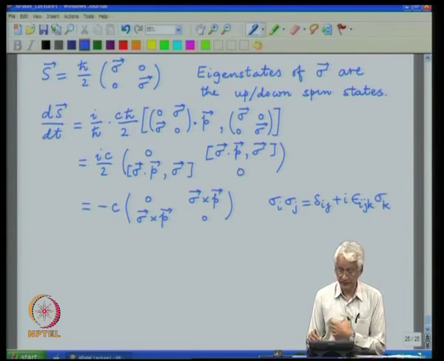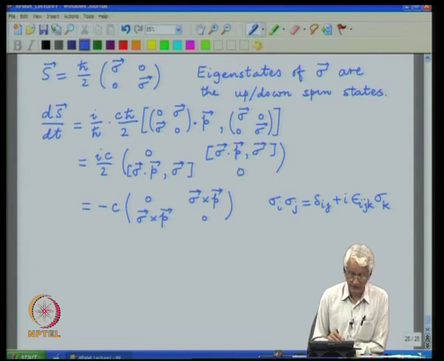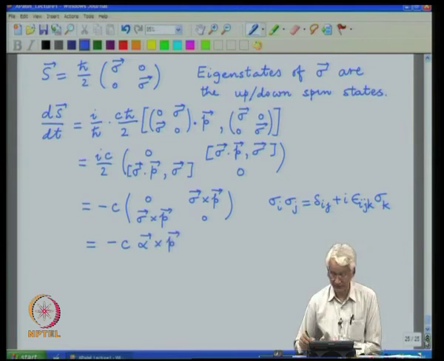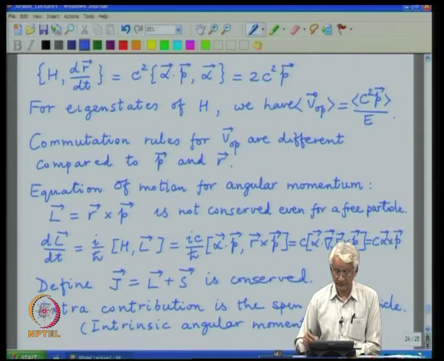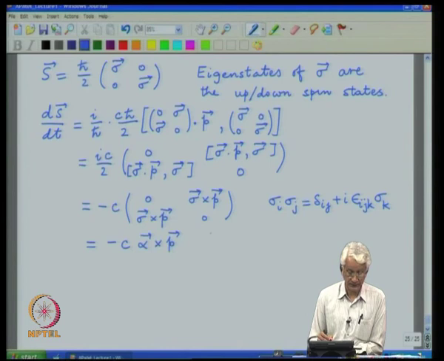For the commutators, only the epsilon term contributes, and I have used the epsilon term together with the Pauli matrices to write the whole thing in cross product notation, and that is exactly the term which was present in the time evolution of the angular momentum operator. dL by dt gave C alpha cross p, and dS by dt gives minus C alpha cross p. So, once you add those things together,